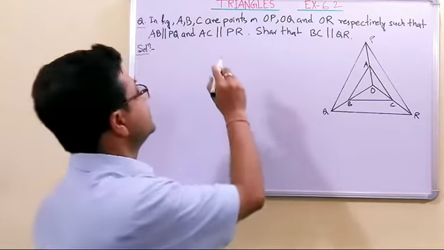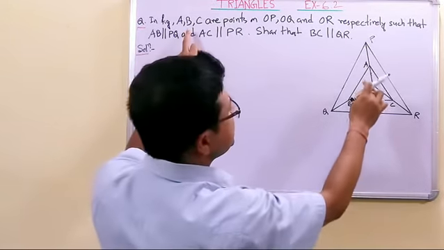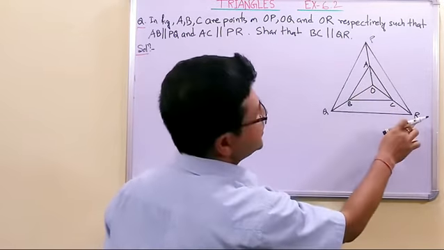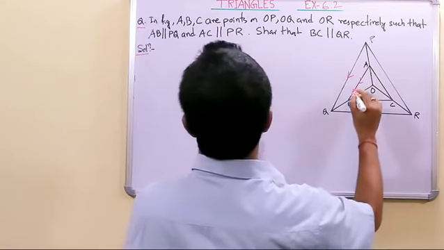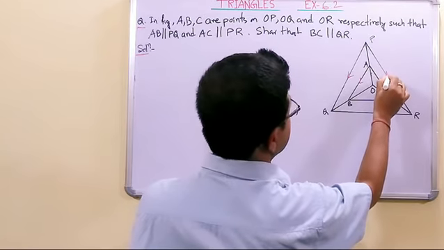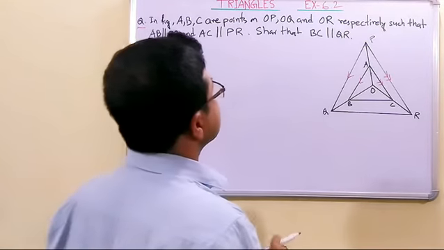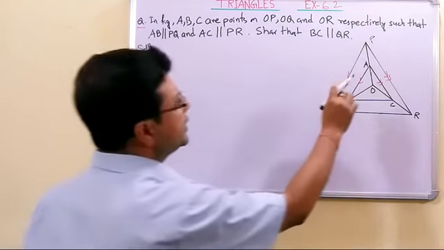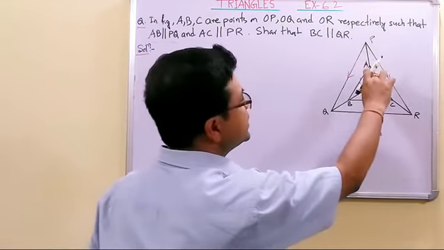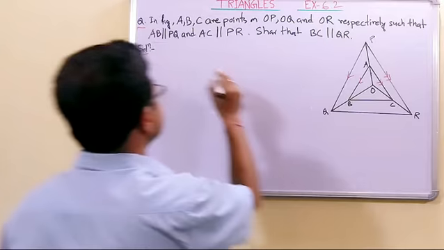Student, we have taken a very interesting question in this figure. A, B, C are points on OP, OQ and OR respectively, such that AB is parallel to PQ, AC is parallel to PR. Alright, and we have to show that BC and QR are parallel. Alright, student. So let us see how to do this. Now here we will use this at first. AB and PQ are parallel. AB parallel to PQ is in which triangle? Triangle OPQ. This is all the application of BPT.